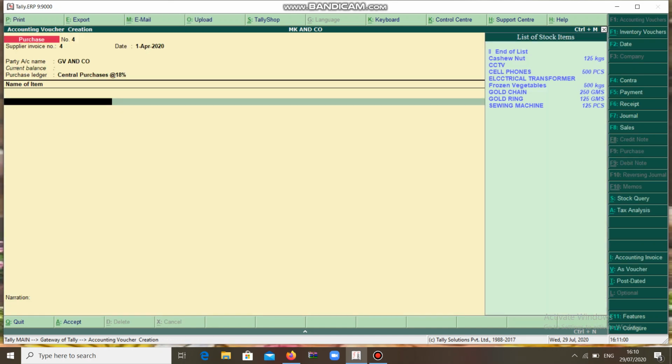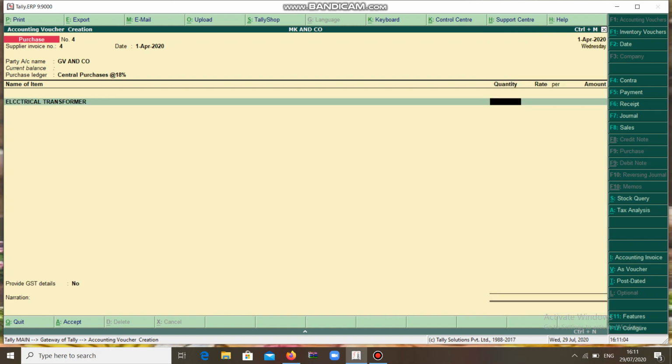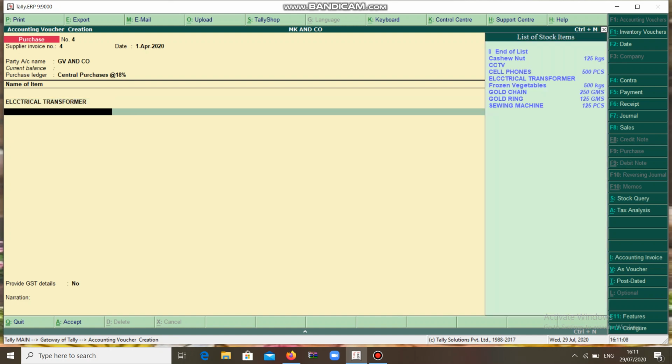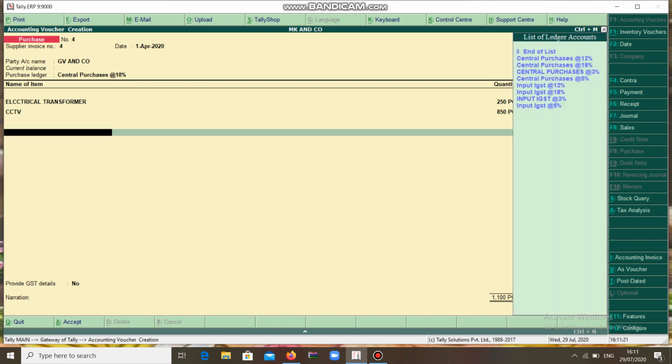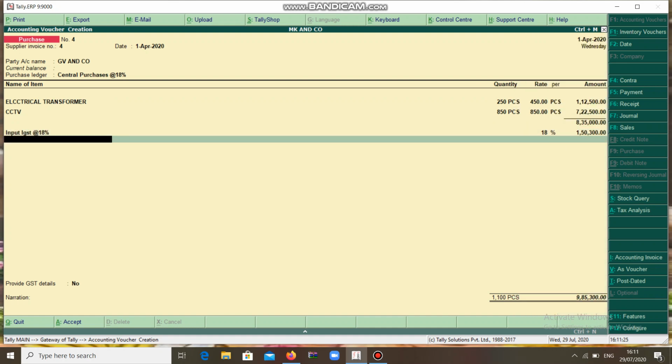So electrical transformer, next you can go for CCTV. Here Input IGST at 18%.